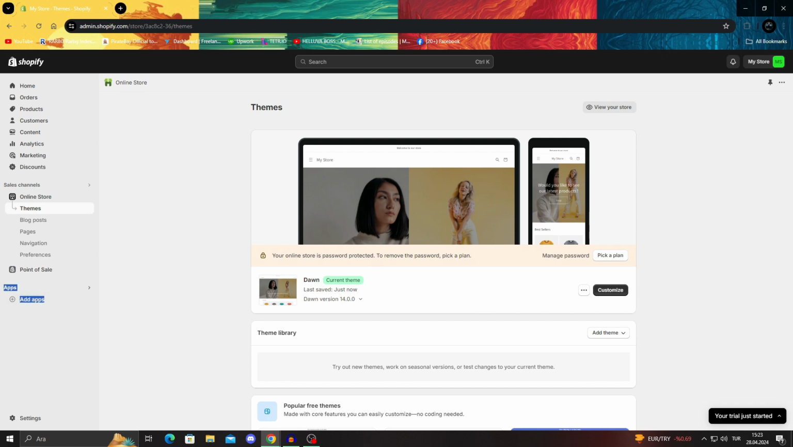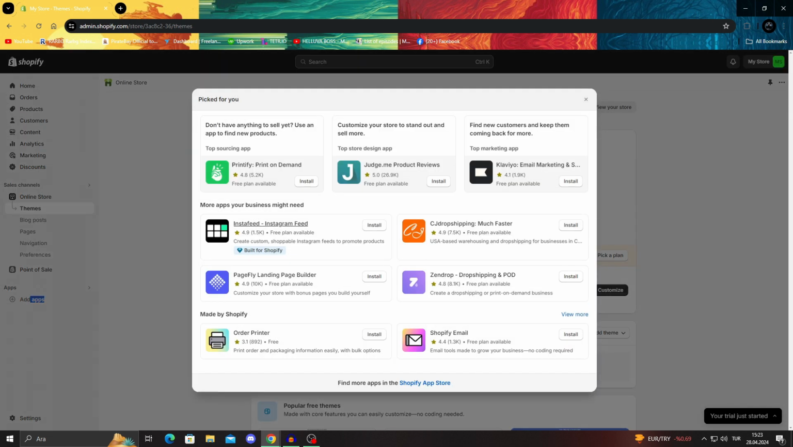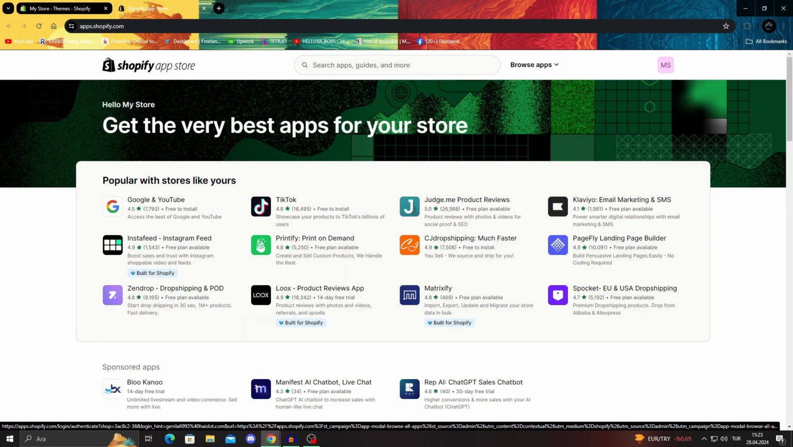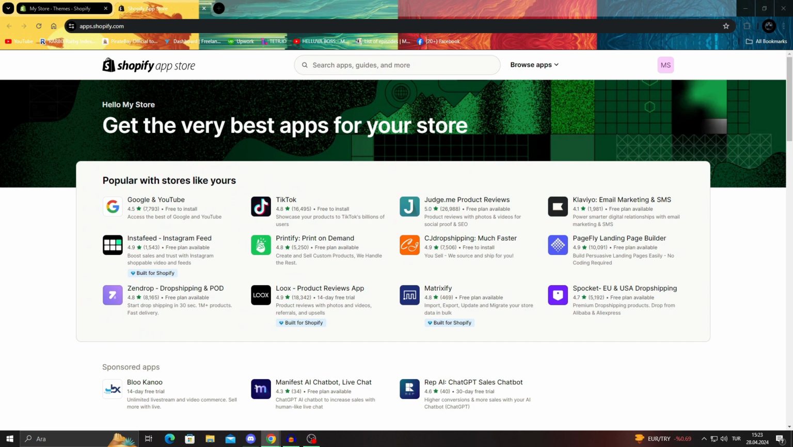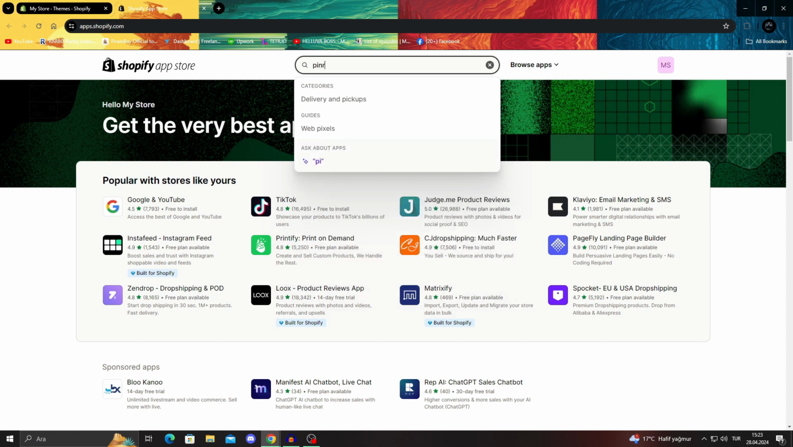the left side again, and in the bottom left part, there will be an Add Apps feature. I will click on Add Apps, and then I will say Find More Apps in Shopify App Store. I will go to Shopify App Store, and everything will work perfectly from here on out, because I will go to the search function and type print